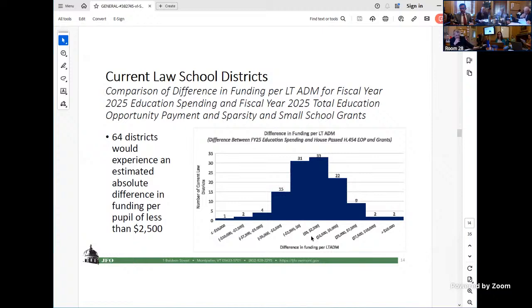Why does this not add up to 119? Because every district must go up or down by something. Does it not? It does. If you have them all, it should. The 64 is just talking about these two center columns that are experiencing the least amount of change in the funding structure. You're right, it does.